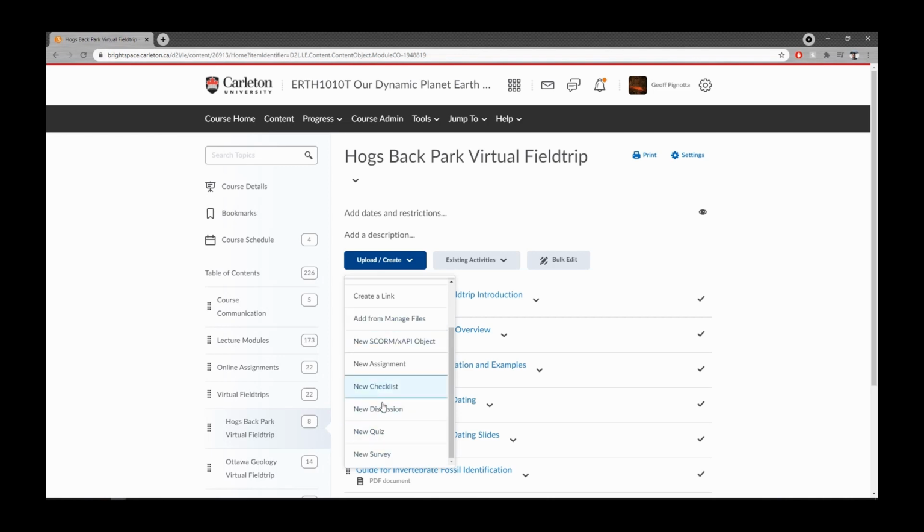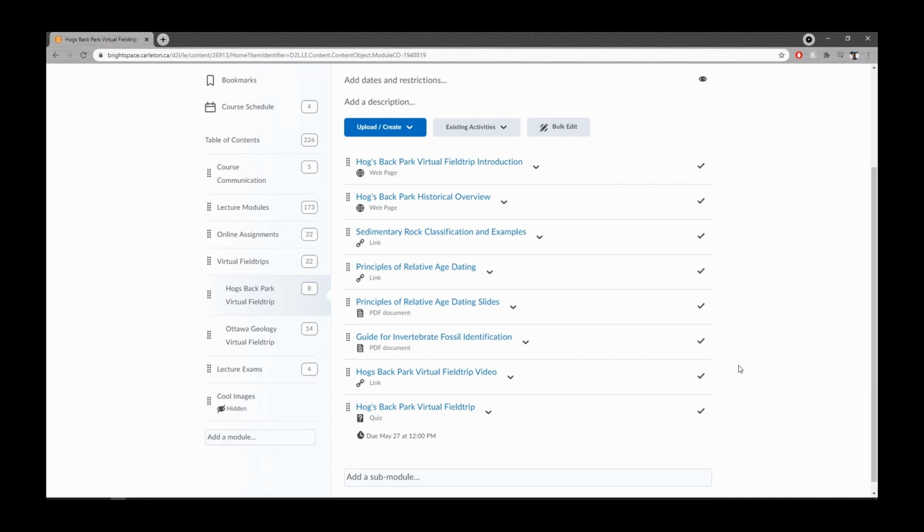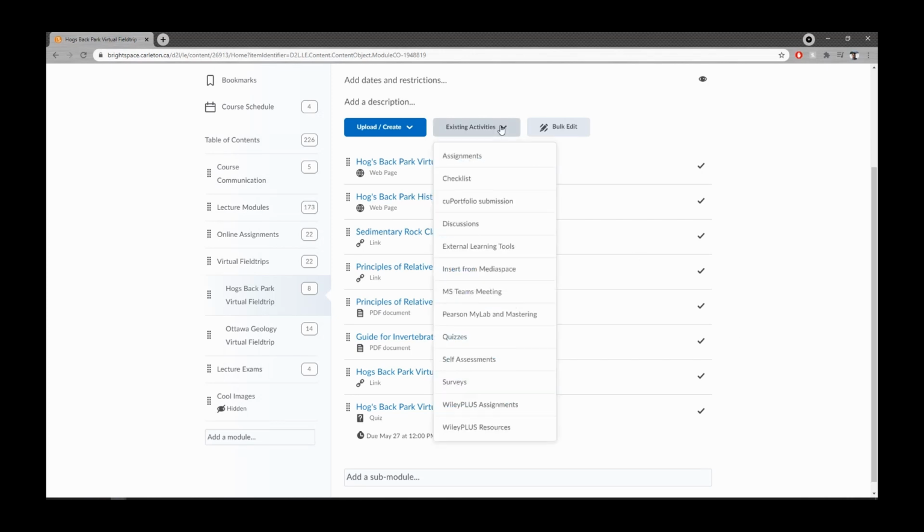So again, sometimes you kind of do things on the fly anyways, and you can do that through here. But the nice thing is, if you set your quizzes and your assignments and things like that up in advance, which is extremely easy to do, you can add them very easily. So by going back to this existing activities, let's just add an existing activity, like I'm going to add